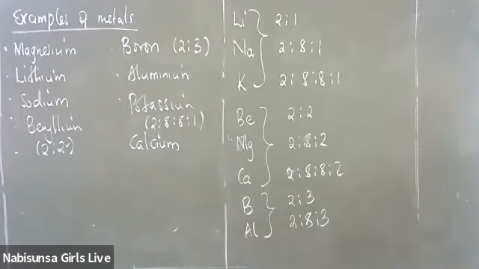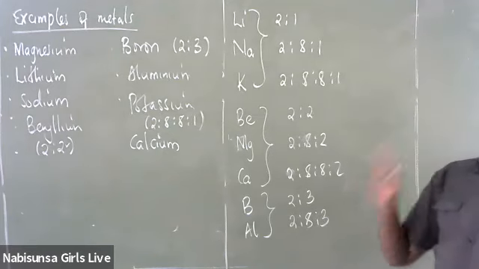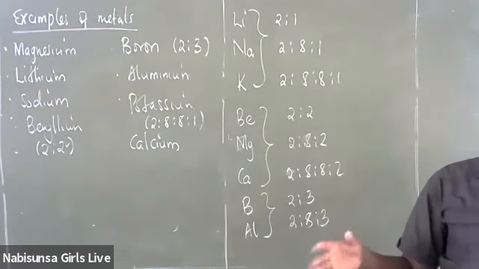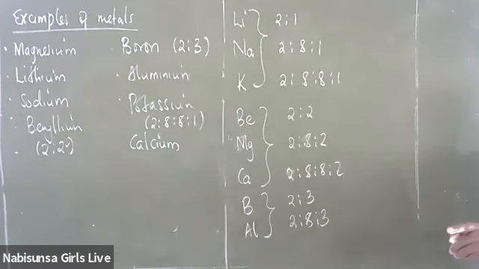I'll say that the reason they belong to group 1 is that they have only 1 electron on the last level. For any element to be given a group, you must look at how many electrons they have on the last level. You get it? So now, let us look at the other thing that I talked about,